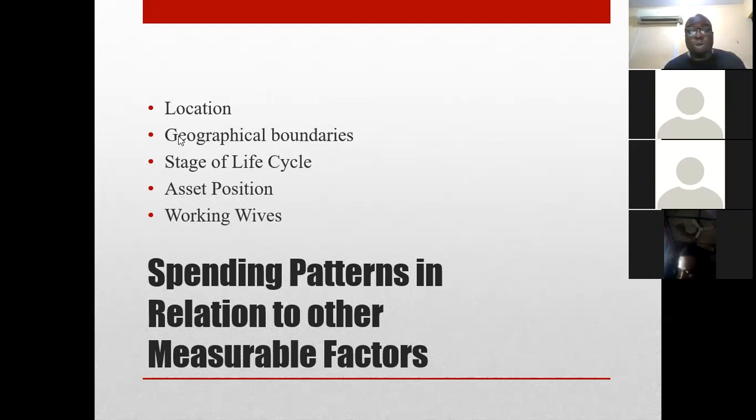Now, another factor is geographical boundaries. Let's look at geography in terms of countries. In the UK, for instance, they have a credit-based society, and you will see that they do more consumerism. You know what I mean by consumerism? They buy things you don't necessarily need, but you bought because it looked cool at that point in time. Because you have the ability to buy on credit, you will buy it.